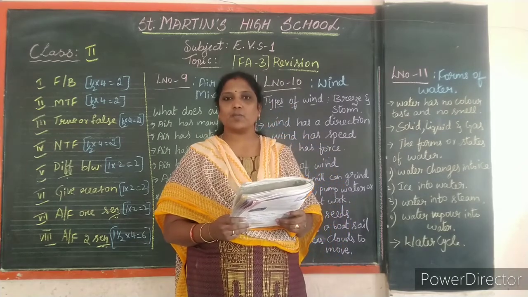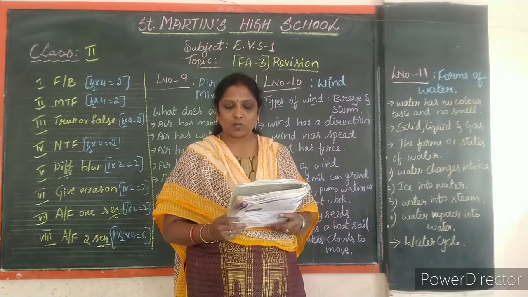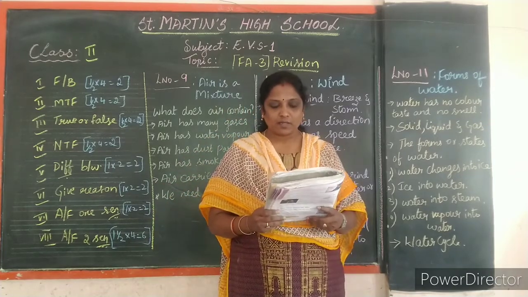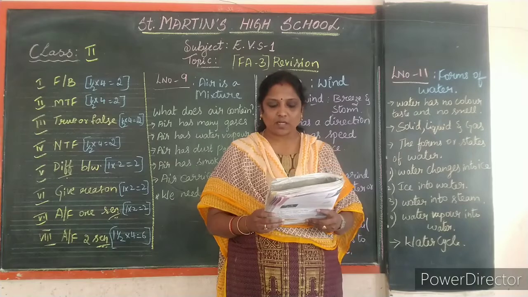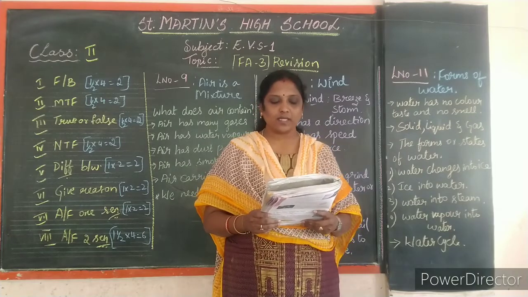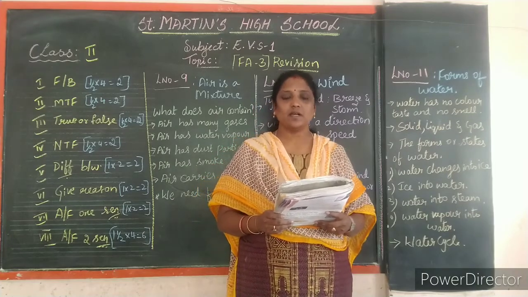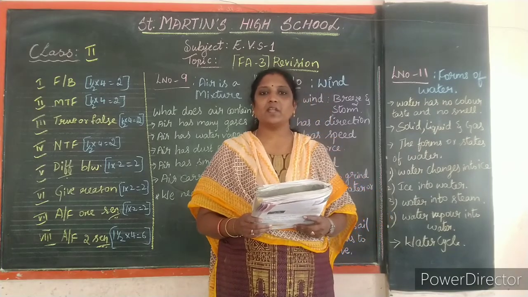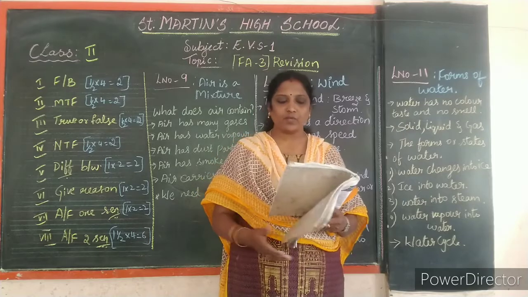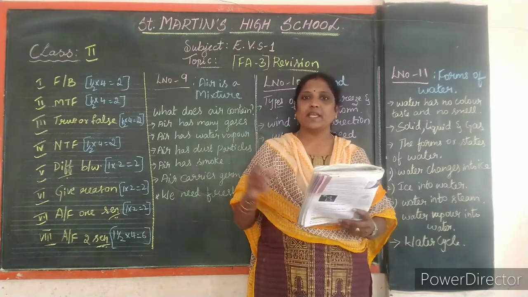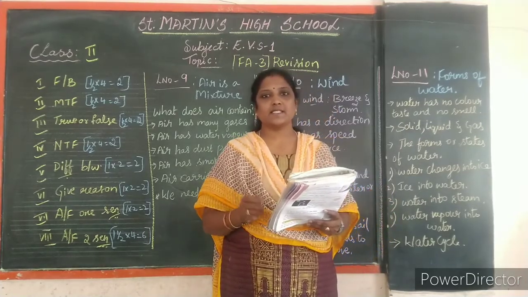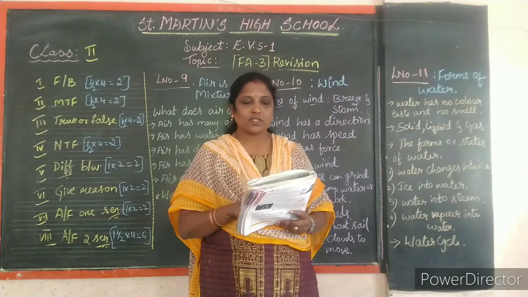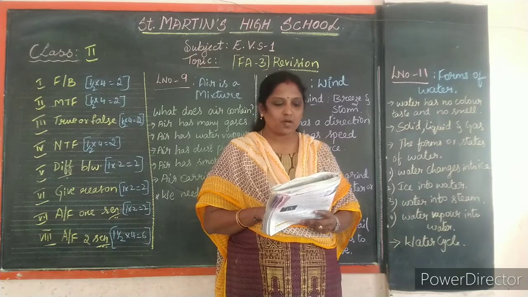They have given the arrow marks there. That is how the water is evaporating from sea, lake, ponds and all. See how the water evaporates and how the condensation takes place and forms clouds. Again, these clouds melt due to the heat of the sun and we get rain. And again, these raindrops are collected in seas, ponds, and various water places. So this cycle is known as the water cycle.